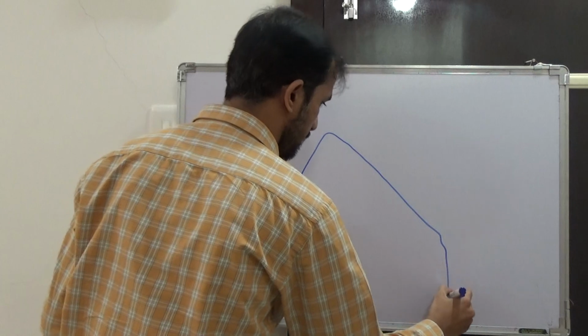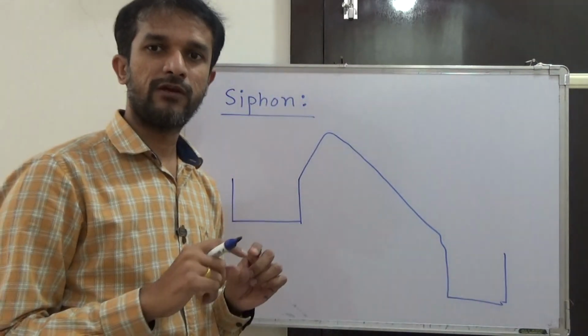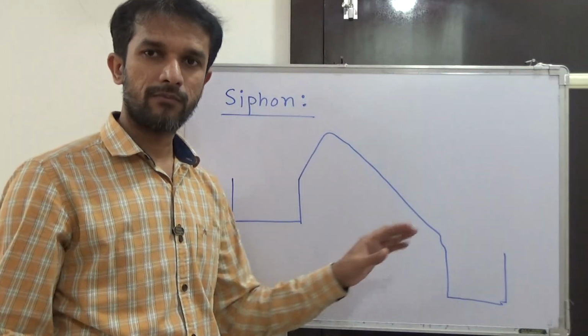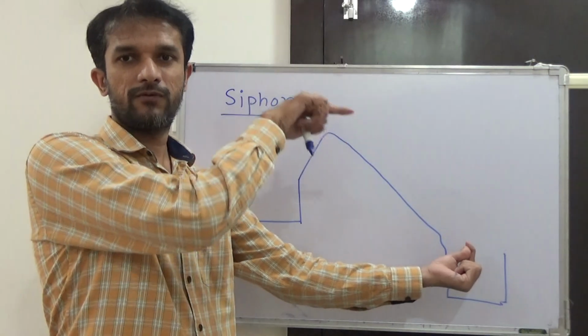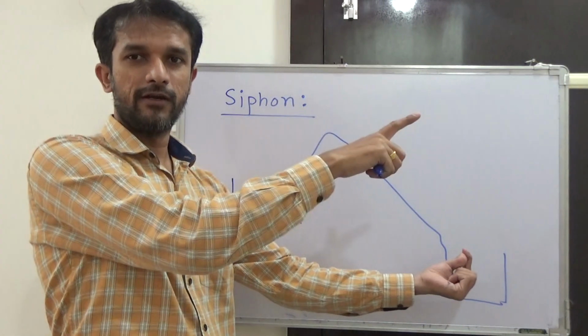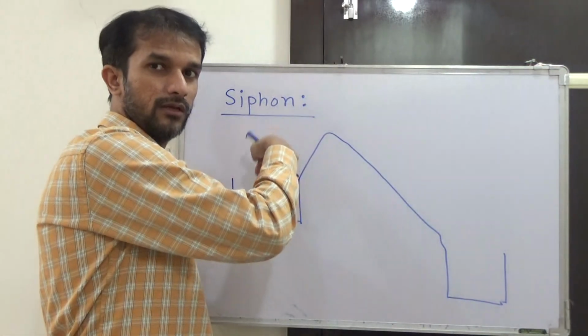Yes, firstly take a tube and fill up that tube completely with the water by closing the exit. Close the exit of that tube, fill up the water from the one side. Once the tube is completely filled, keeping the exit closed, put that one end into the upper reservoir.